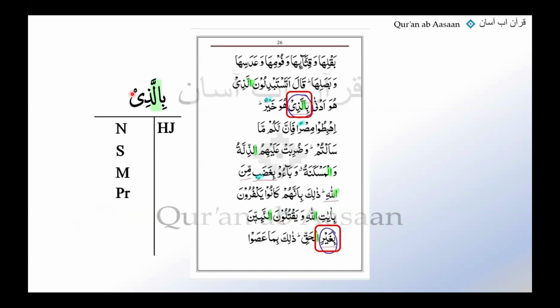We have the noun chart with us, our most helpful tool, as we call it. If we simply compare allazi here with the case sign section of our noun chart, can you tell if it matches with any noun there? Do you see any example there under the case sign section ending with the sukoon here? Have we marked any noun in the case section that was ending with the sukoon?